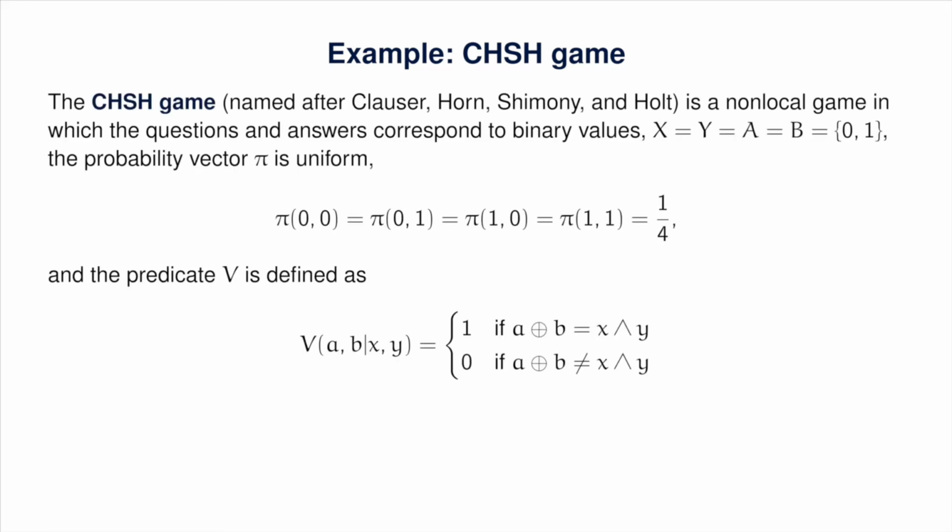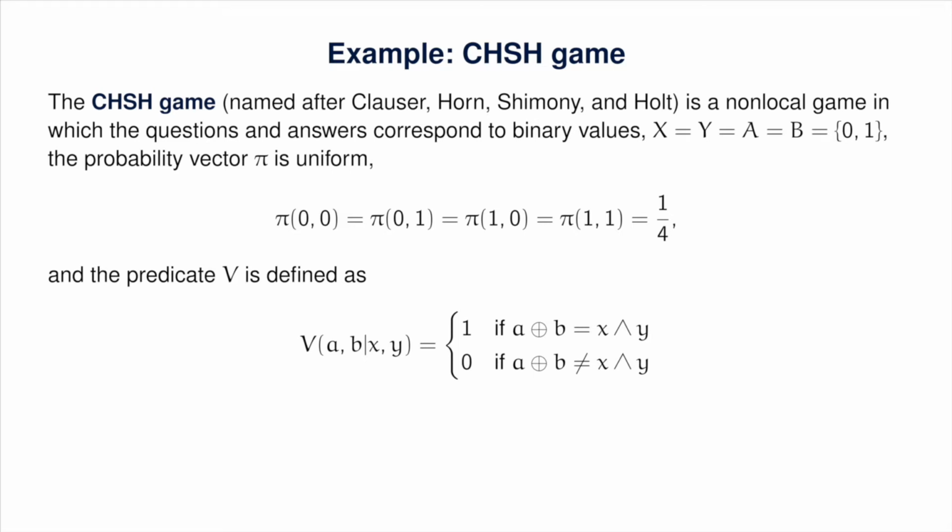Here's an example of a non-local game, and at least in the setting of quantum information, it's the most famous example of a non-local game. It's called the CHSH game, named after Clauser, Horne, Shimony, and Holt. And it's essentially just a game-theoretic way of describing the CHSH inequality, which is the most common example of a